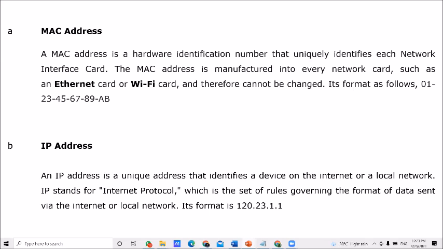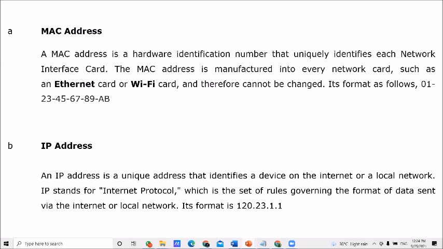That's the hardware device. To identify this hardware device, each and every device is given a separate address. So a separate number, a unique number, that is called MAC, Media Access Control. The MAC address is a separate address that can be found in the network interface card to identify each and every interface card separately. Normally, the MAC address is manufactured into every network card by the manufacturer at the time of manufacturing.